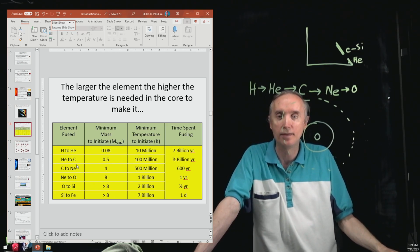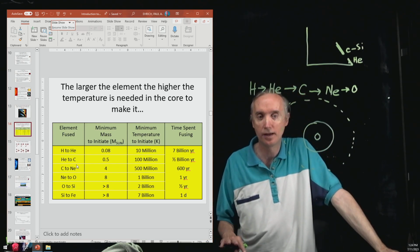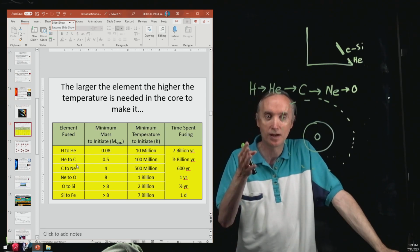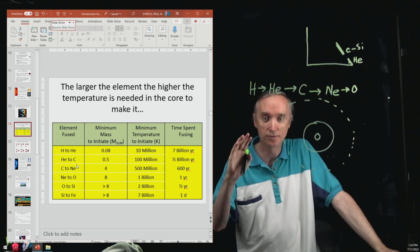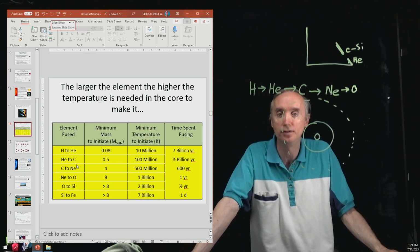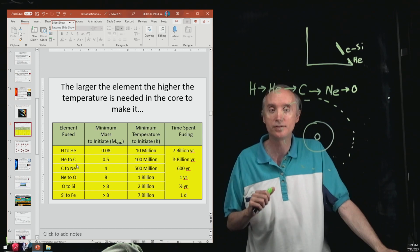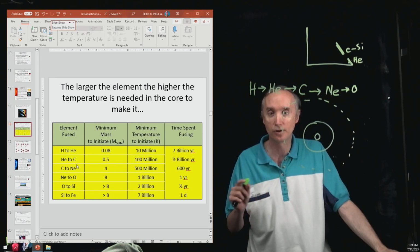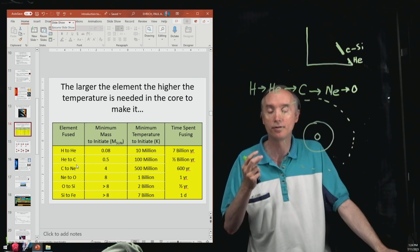So these are the temperatures required in order to manufacture these various elements in the core of the star. And then also look at the amount of time spent fusing. Do you notice anything about that? So in this particular size star, this is going to be a big one. So this star in this chart here is bigger than our sun. And so it's going to spend 7 billion years converting hydrogen into helium. Our sun is going to spend about 10 billion years converting hydrogen into helium. And it's been doing it for about 5 billion years. So our sun has about another 5 billion years left to go,